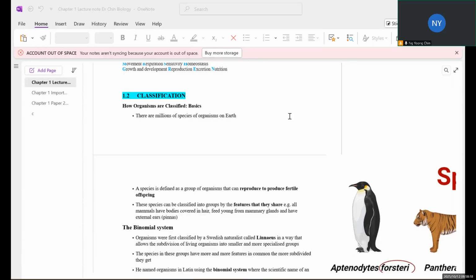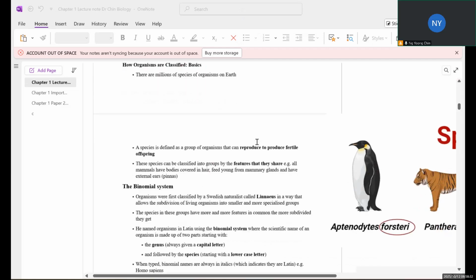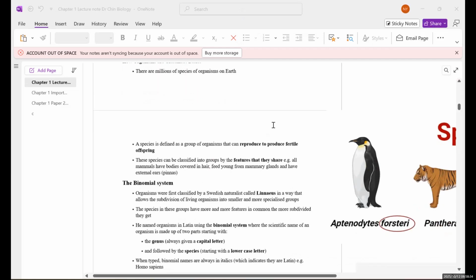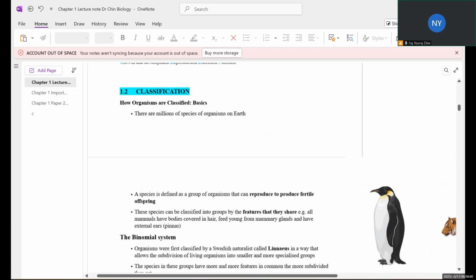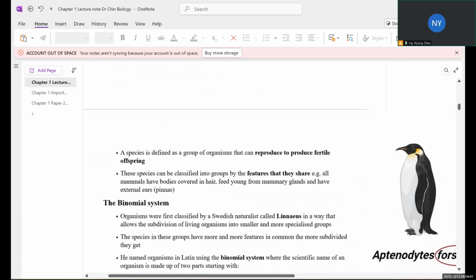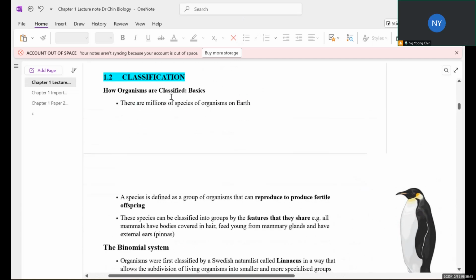Characteristic of the living organisms, right? So in today's class, we will look at how scientists classify the vast diversity of life on the earth into their respective groups. That's why they come up with the classifications of the living organisms. Scientists group the living organisms which share the same characteristics and the same structures